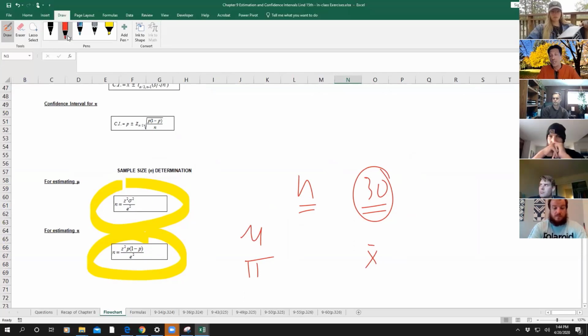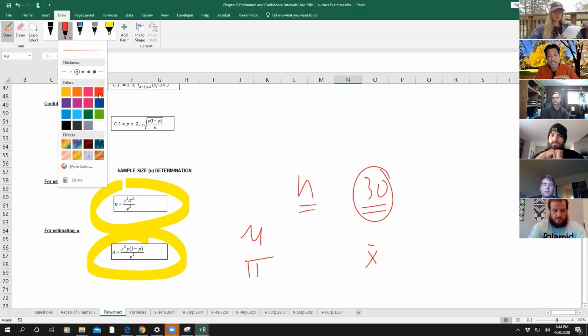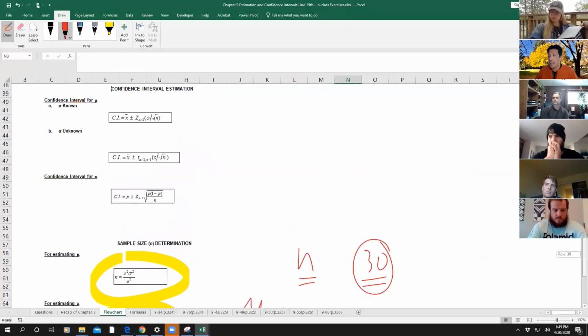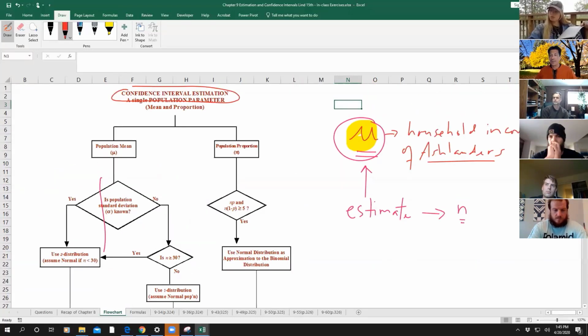So towards the end of this chapter, we will have one or two examples that show how you can compute the minimum sample size for estimating either the mean or a proportion. Okay, so let me go back to this example. So we'll go back and say we need to estimate the true mean or the true average annual household incomes